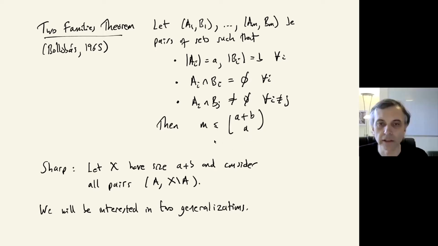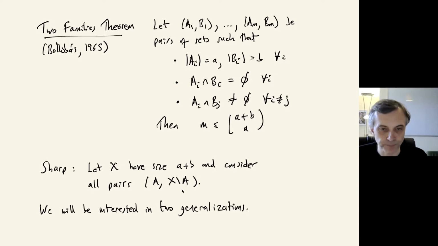One thing that's lovely about it is that this bound doesn't mention the size of the ground set. So it's an arbitrarily large ground set, doesn't matter. The maximum number is dependent only on a and b. The theorem comes up in lots of different places. I should note it's also sharp. So here's an extremal example. Let's take a ground set of size a plus b, and as your pairs, just consider all pairs that consist of a set of size a and its complement. It's quick to check that satisfies this two families condition, and obviously it has size a plus b